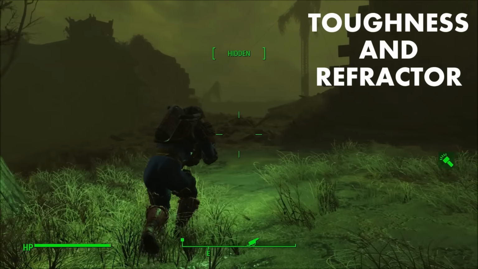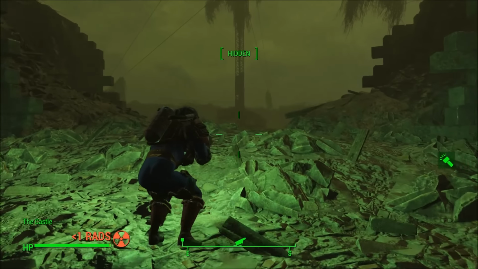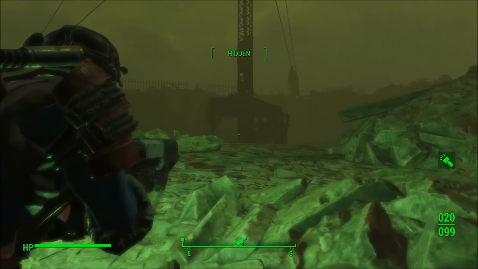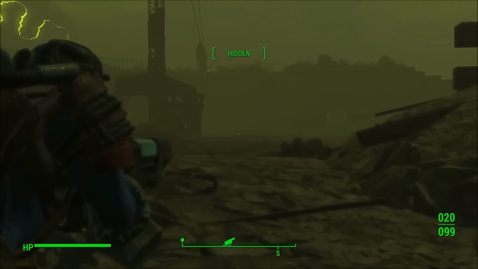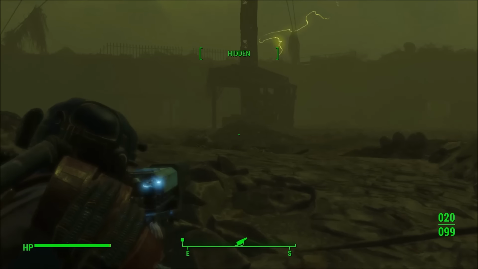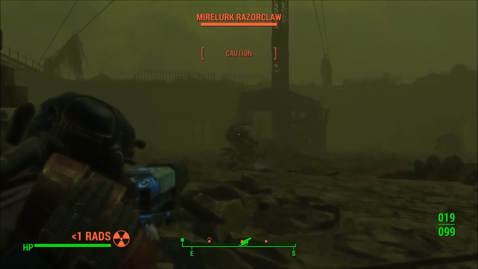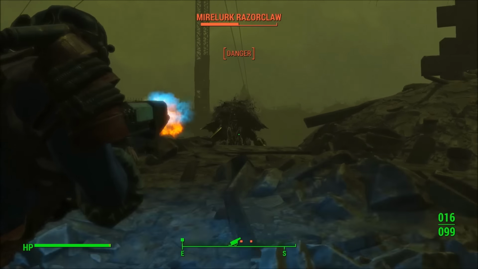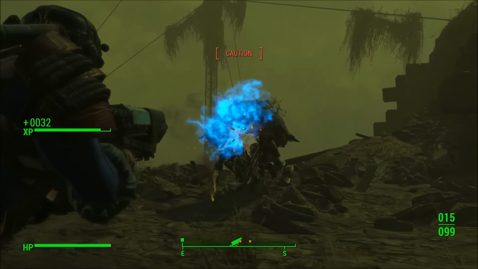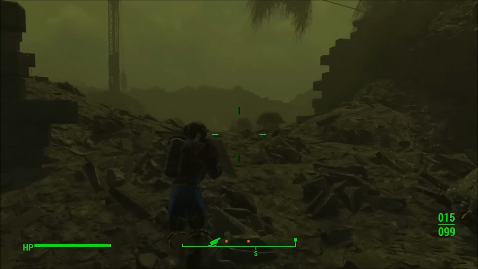At 5 out of 5, you only get an additional 50 damage resistance for Toughness and 50 energy resistance for Refractor, respectively. What I will say is that depending on your build and armor choice, both of these perks are either mediocre or virtually useless. The other problem with both of these is that there are other perks in the game that provide the same amount of damage resistance that require half the perk points, or at the very least, provide some other somewhat useful